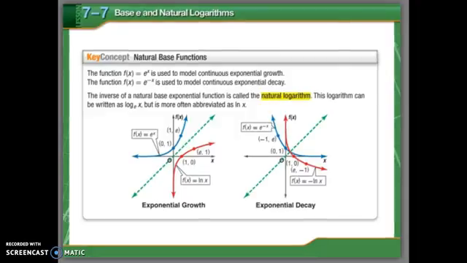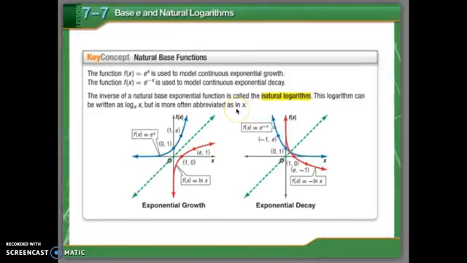So the natural base function. The function f of x equals e to the x is used to model continuous exponential growth. We've seen e to the x and e to the negative x before for growth and decay. The thing is now that we're going to realize that e is the natural base. It's called the natural, and the inverse of a natural base exponential function is called the natural logarithm. This logarithm can be written as log base e of x, but it is more often abbreviated as ln x,